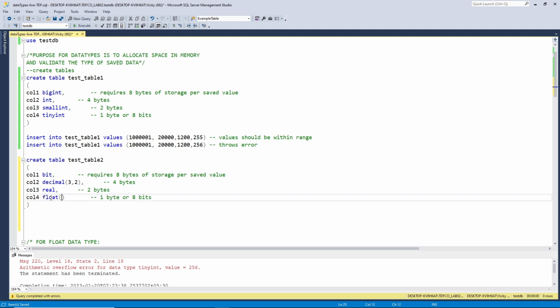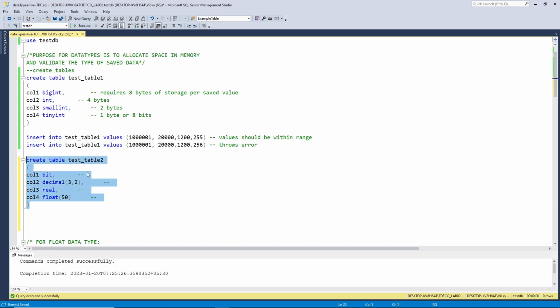All right. Perfect. We should remove these because these are no more applicable. We'll certainly mention how many bytes they take. Perfect. Let's first create this table